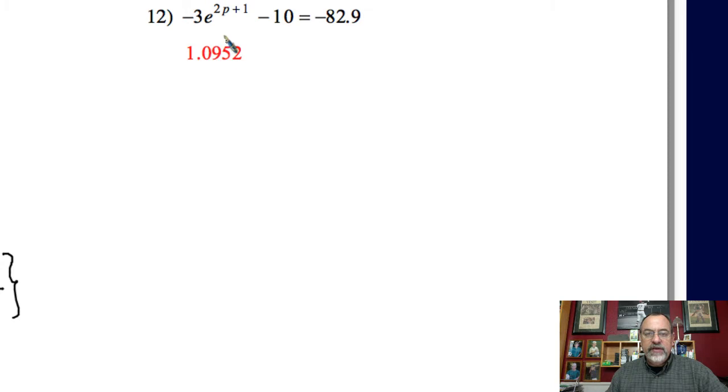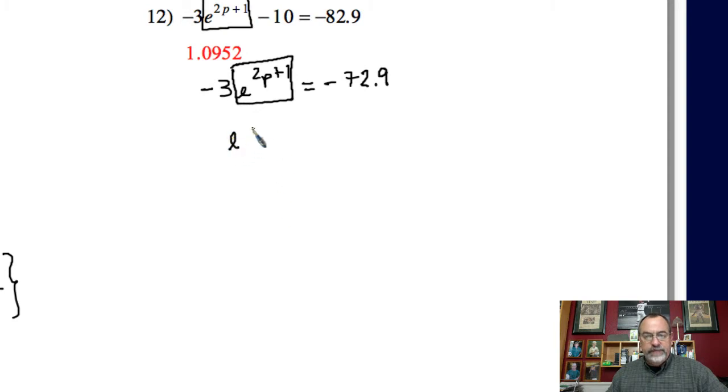Now again, we have to identify the variable and the term that has it that we're solving for. So here's the term that has the variable, so that's the one that has to be isolated. So we're going to need to add 10, and we're going to need to get rid of this negative 3 as well. So we're going to have negative 3 e to the 2p plus 1. We're going to add 10 to both sides, so that's going to give me negative 72.9. Or I wrote that wrong. I said it right, I think, but I wrote it wrong. Negative 72.9. Then again, the term I'm trying to get by itself is right here, so I'm going to divide by